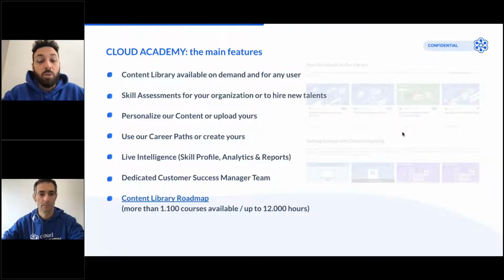The job role is a new approach that we want to update and increase in our platform to give you the opportunity to create customized career paths, not only related to a specific technology or to a specific cloud vendor, but thinking of the role that they are at the moment in charge of.